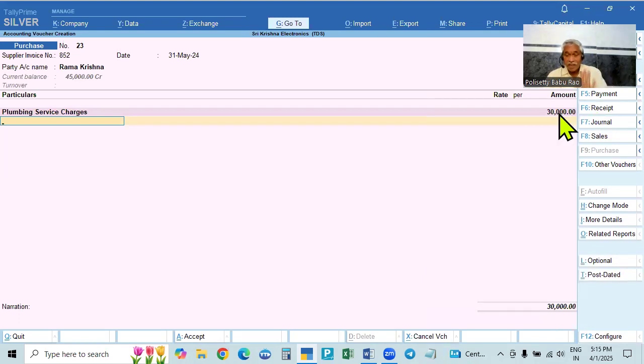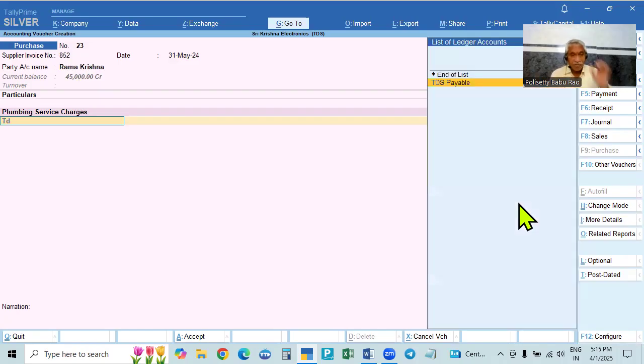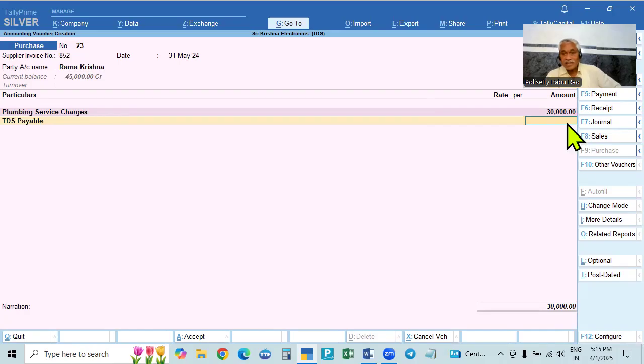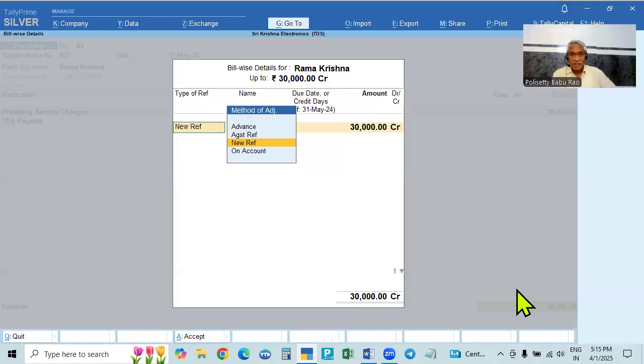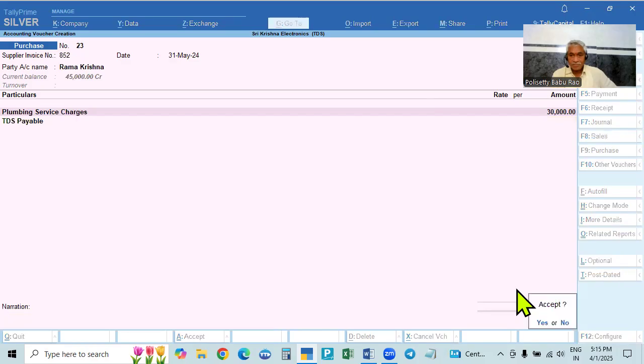So it cannot be deducted. Even if a single bill is not crossing but the total is crossing, you have to deduct. So 45 plus 30 is 75, so the aggregate is not crossing, and the single bill also not crossing. If you take TDS payable, it is not calculating.